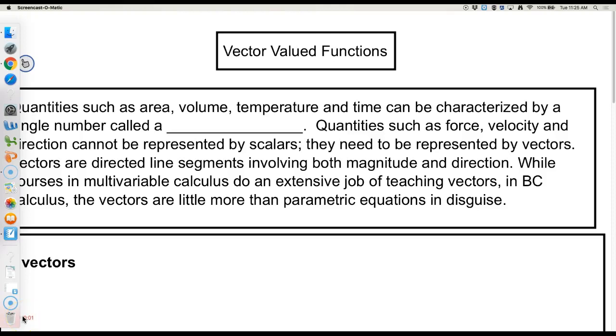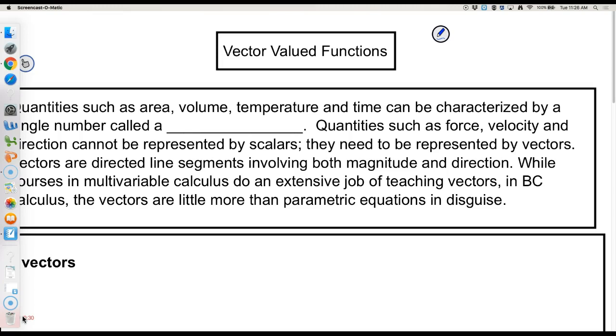So what you're going to work with today is super similar to Calc AB. There's just two components to the movement instead of one. So you've been used to getting the position model, and they call it X or S, and they'll ask you questions about velocity, acceleration, total distance traveled, displacement, all that good stuff. And that's still going to be asked. It's just instead of our position and our velocity and our acceleration being a single function, it's going to be